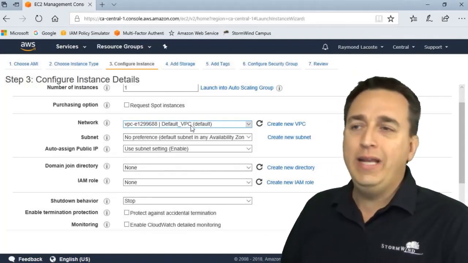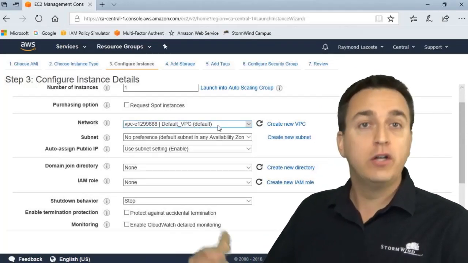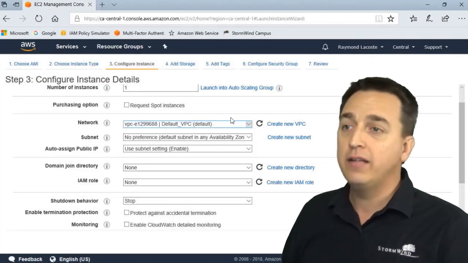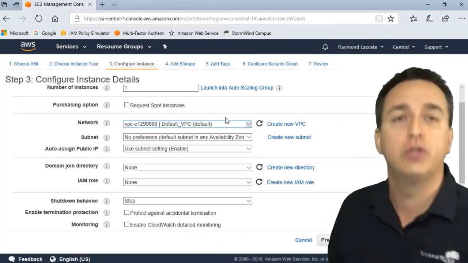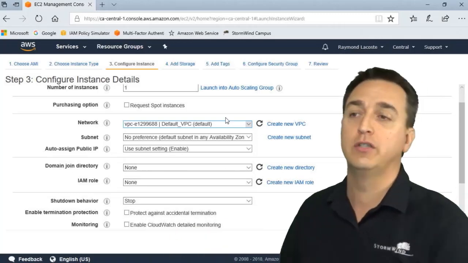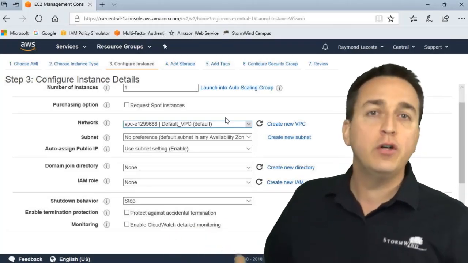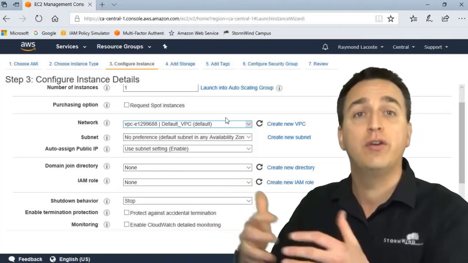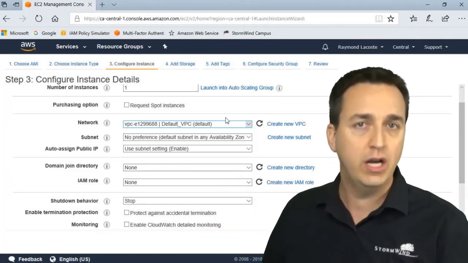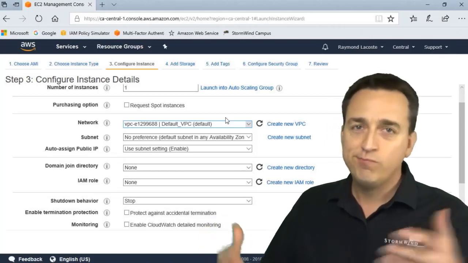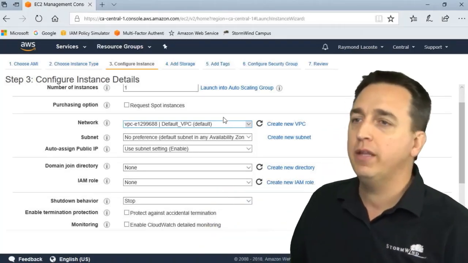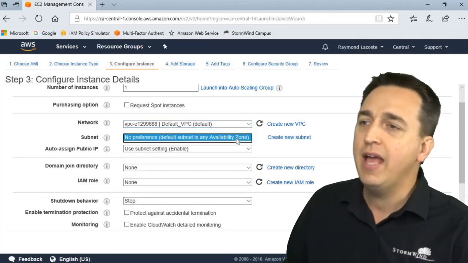Network. We need to choose a virtual network to put our EC2 instance in. Right now, I don't have any set up, but there is the default virtual network you can put your servers in. So if this is your first EC2 instance and you haven't set up custom VPCs, that's okay. You can put your server in this default VPC, which comes already inside of your account. So the default VPC I'm going to go with for the virtual network, and then